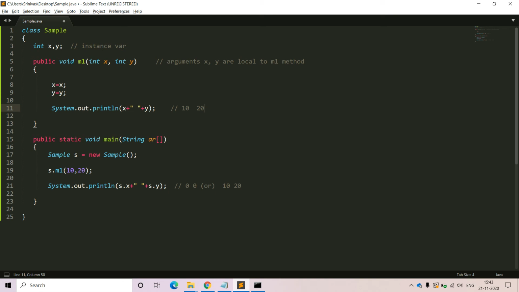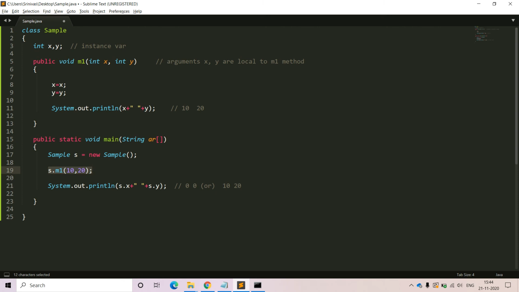Why? Because we are updating the local variables, we are not at all updating the instance variables. There is a naming ambiguity between instance variables and local variables. So after completion of this statement, it will pass 10 and 20 to this method, and that 10 and 20 will be assigned to the local variables only. Those are not at all assigned to the instance variables.